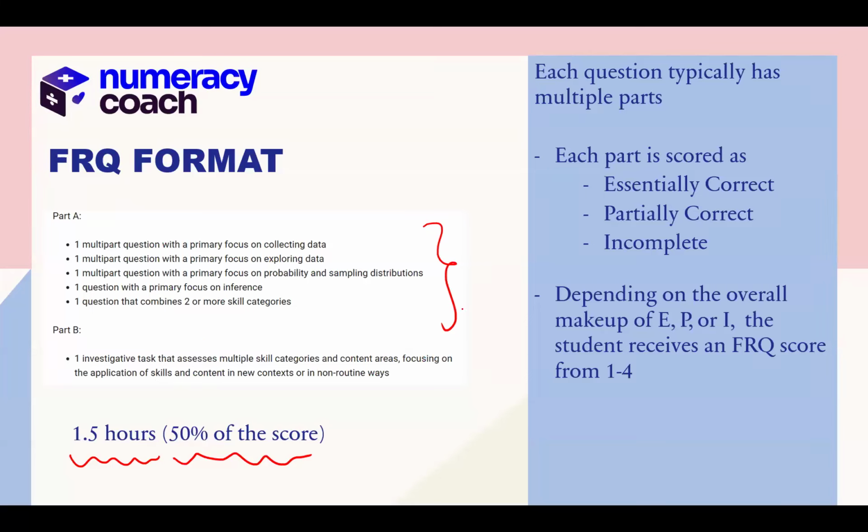That's your typical 5 questions, with a little more skills in there. And then we have what we call our investigative task. That's question 6, which they suggest around 25 to 30 minutes. You get all 6 questions at once, but question 6 is really where each part develops into the next, and they might give you a new distribution you've never seen before, but they'll tell you, hey, let's use something from this prior part, and it's all about applying.